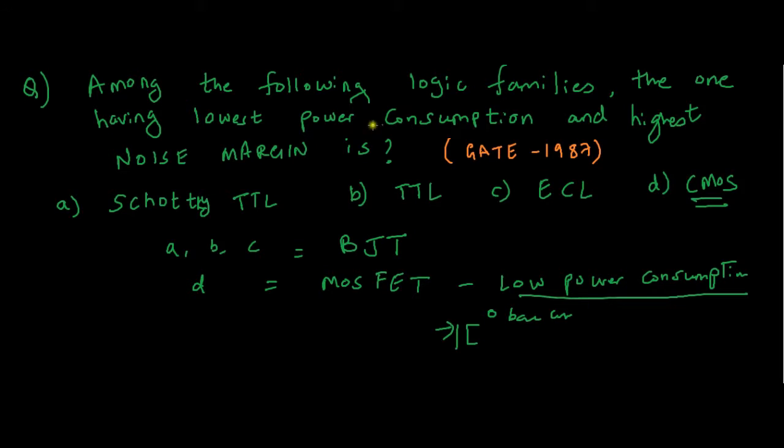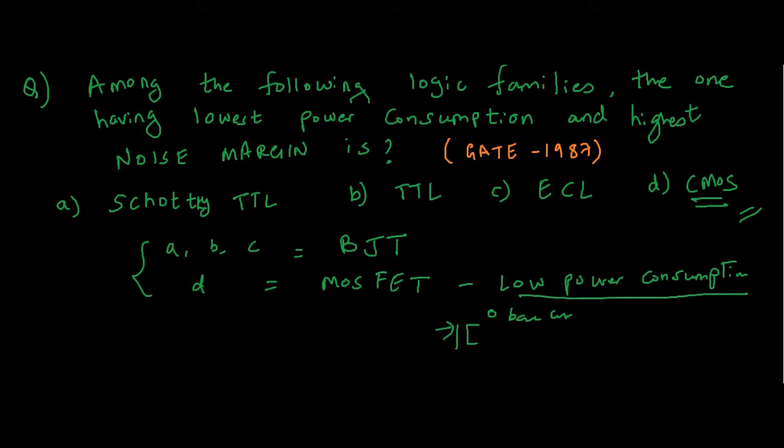Okay. Even if you don't know the noise margin, which is having the highest noise margin among the three, based on the simple differentiation you can eliminate the options. So in our case you can eliminate A, B and C because D is the right answer. If you see, so these are the few tricks which you can try in GATE examination. Okay. And also CMOS is having highest noise margin, remember that.